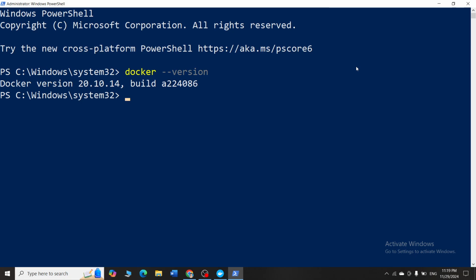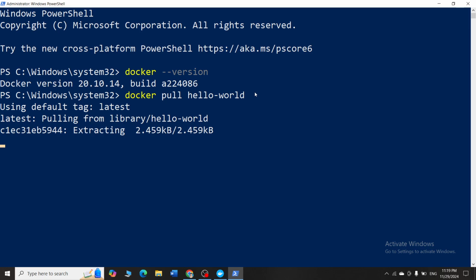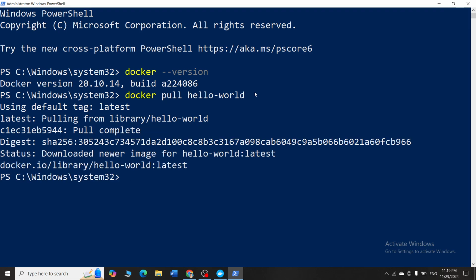What do we mean by Docker images and Docker containers? Please go through the theoretical video that I have shared. The first thing we will do is check whether our Docker is working properly by pulling an image called hello-world. To pull an image, we will say docker pull hello-world. This hello-world is a predefined image that you have in your Docker Hub. I am trying to pull this particular image. When I say docker pull hello-world, the latest version of this image from Docker Hub will be downloaded. Make sure that your internet connection is stable.